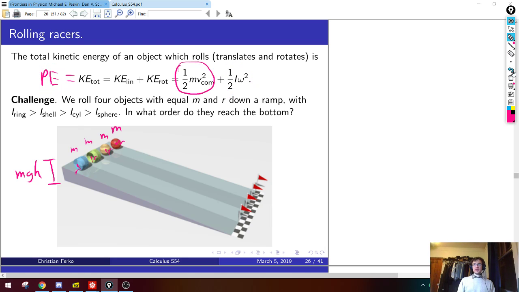Okay, so let me just ask you what you think. Suppose I tell you, which is true, the following. The moment of inertia I for the ring, or the hula hoop, is the biggest. Next is the spherical shell, the red guy, the hollow sphere at the right. Next largest moment of inertia is the filled-in cylinder or drum. And the smallest moment of inertia is the yellow solid sphere. So if this is the order in descending order of moment of inertia, what order do you think these guys will reach the bottom? Who gets there first, second, third, and fourth?